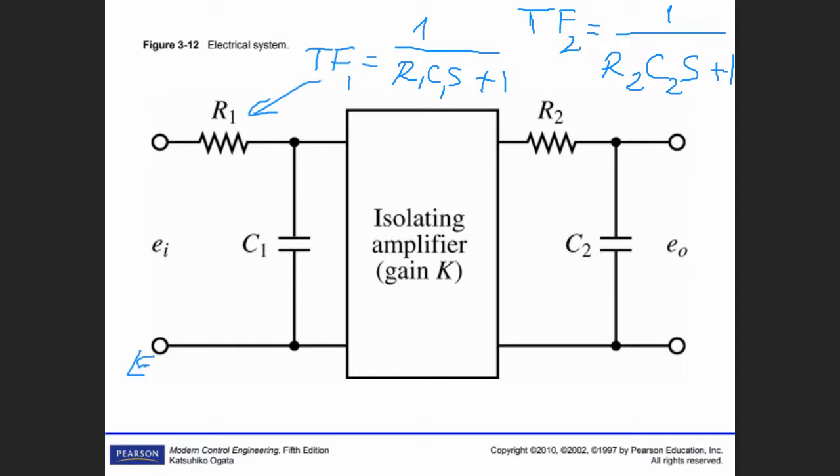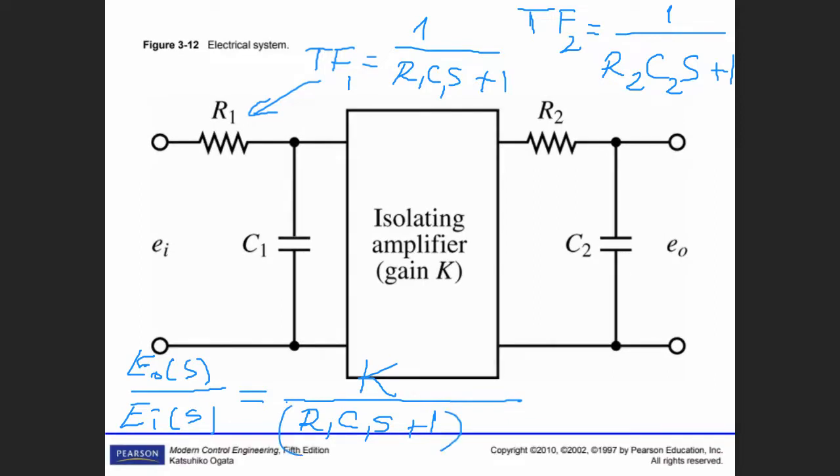EOS over EIS is equal to K divided by the first one, R1 C1 S plus 1, times R2 C2 S plus 1. So this proves that if you have another